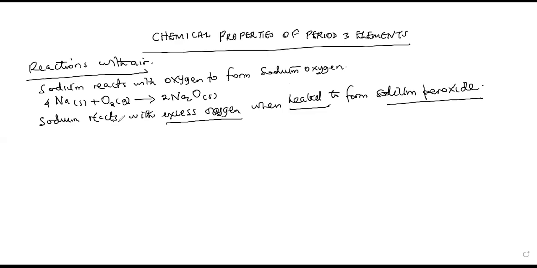Writing the equation, we shall have sodium plus oxygen forming sodium peroxide, solid. That is when oxygen is in excess. Then from there, we go to magnesium. Magnesium has to be heated. So we shall say heated magnesium